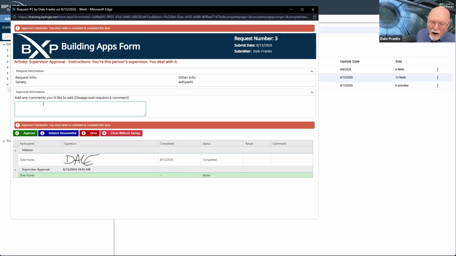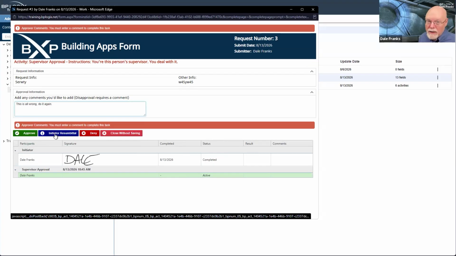So now we can add our comments. This is all wrong. Do it again. And we're going to hit initiator resubmittal. Now, last time when we hit deny, it completely escaped and closed the form.